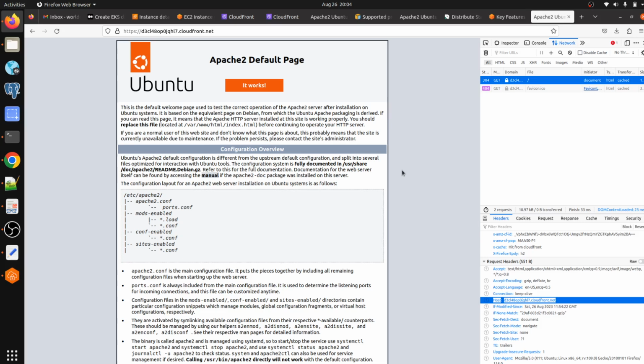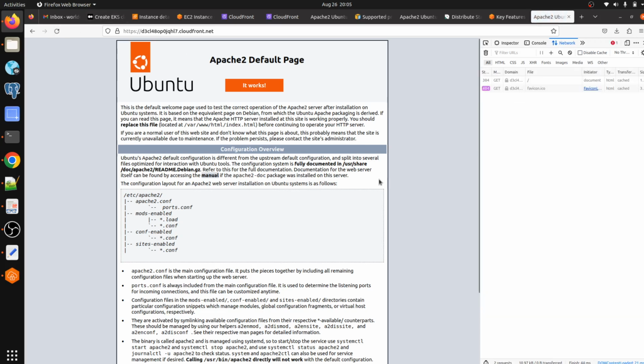As I told you, whenever we request any content for the first time, the origin server responds with the content, one for the edge location, another for the end user. And later on, if we try to access the same thing, the request will be served from the edge location only. So we can see X-Cache: Hit from CloudFront.